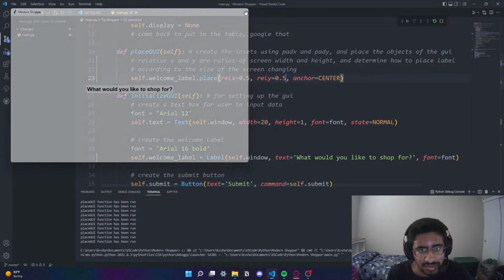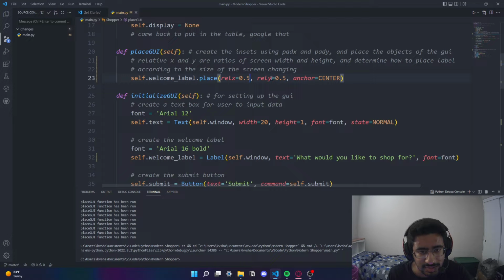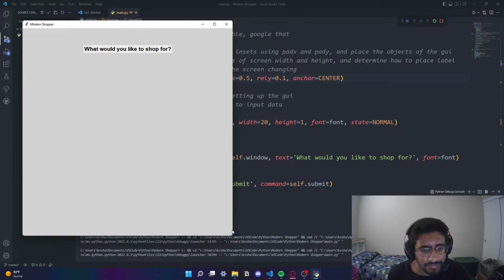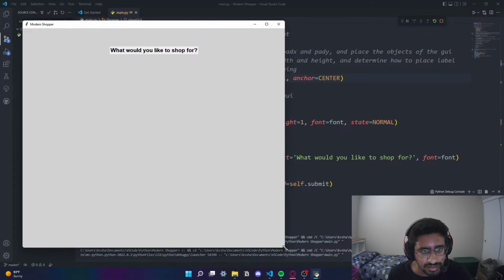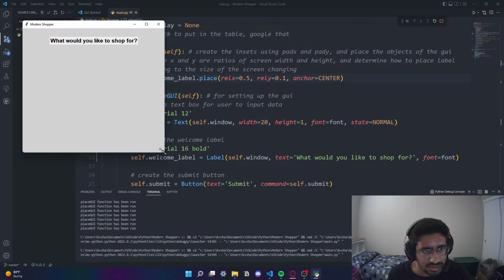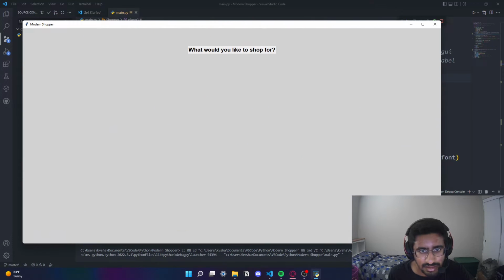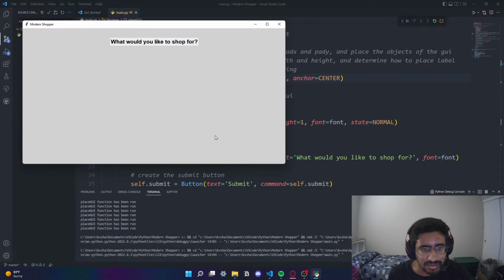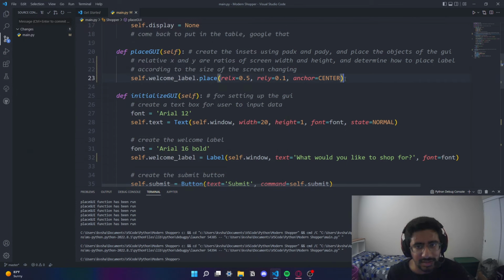So I believe the only thing different would be that the relative Y would probably be like, what if I say 0.1 to get at the top of the screen? Something like this. So then, yeah, I think that's nice. Yeah, I think that does it quite well. So now let's add the other